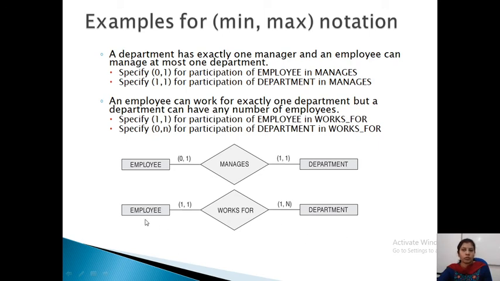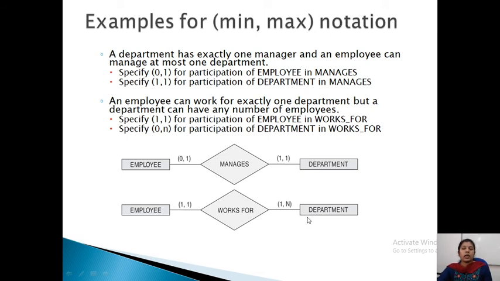Employee belongs to only one department, correct? So that means minimum and maximum will be 1 only. Each employee must belong to a department. He must work for a particular department. So 1 comma 1, min and max is 1 comma 1.